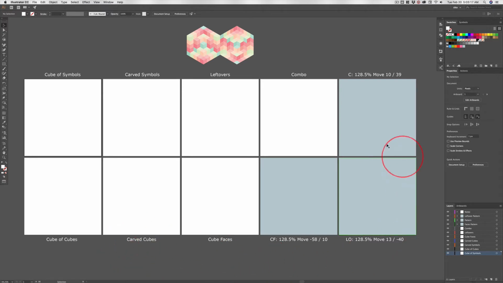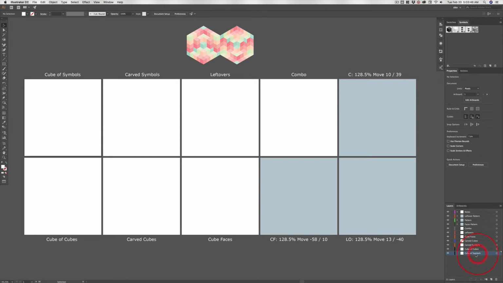I'll tell you right now, this starter file, I'm rethinking it. The leftovers and combo are important and useful. Maybe we need a couple more white spaces to build what we're building, but for right now, this will get you started. Now remember, lazy bones, I'm going to give you the completed file. But for everybody else, you're going to learn how to create this cube that we can,